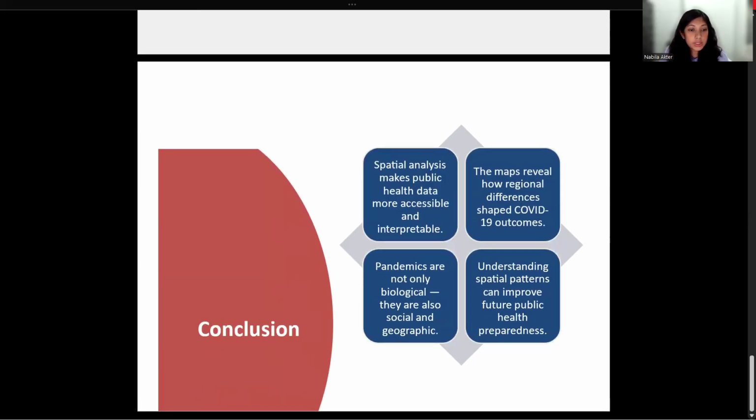In conclusion, spatial analysis helps make complex public health data more understandable. By mapping COVID-19 cases, deaths, and vaccination, we can see how geography, policy, and behavior interacted during the pandemic. The maps remind us that pandemics are not only biological, they are also social and geographic. Understanding these spatial patterns can help improve public health